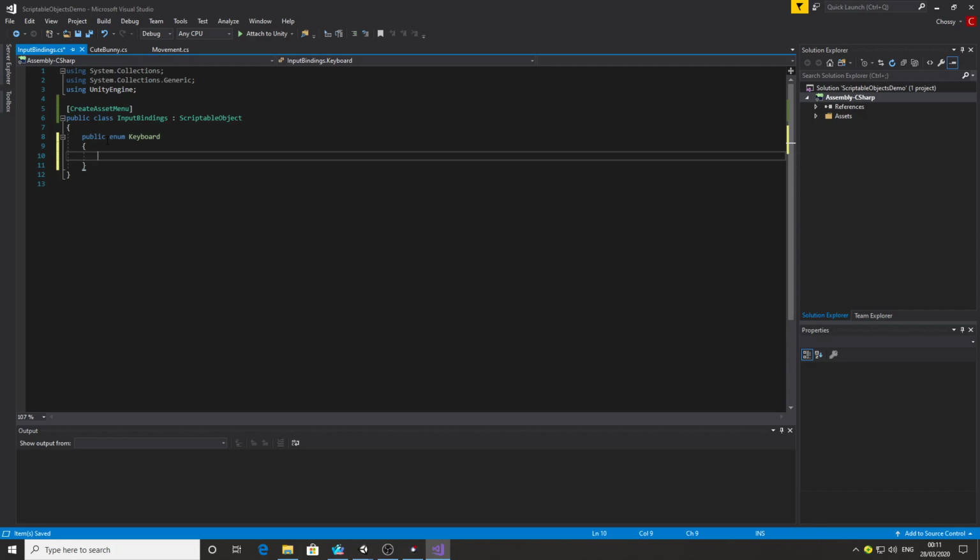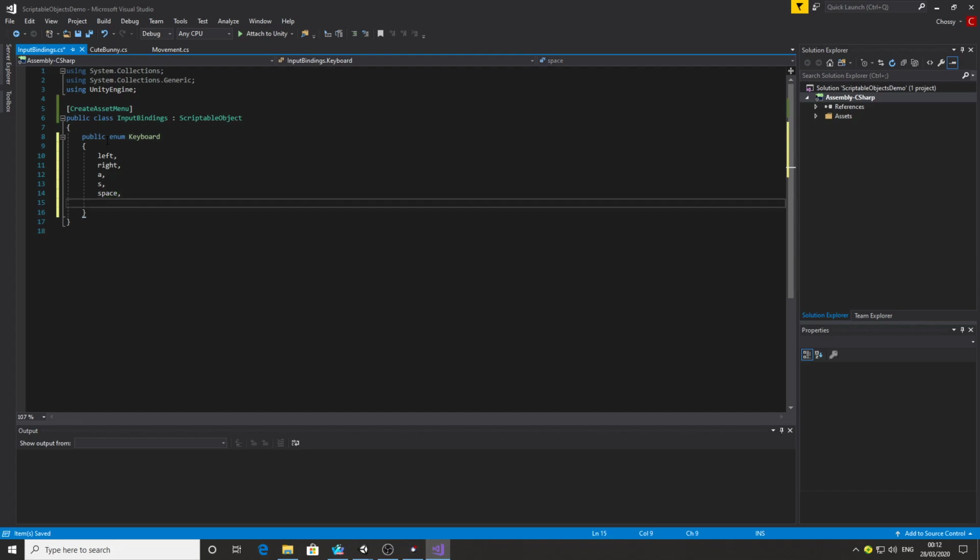So if we want to move left and right, we use left, right, A, S, and for jump buttons we'll use space. If we want to use left control,